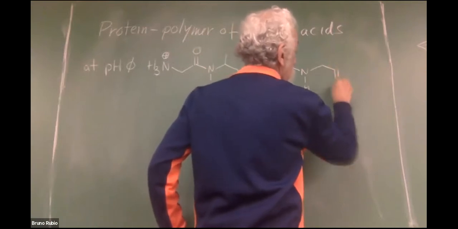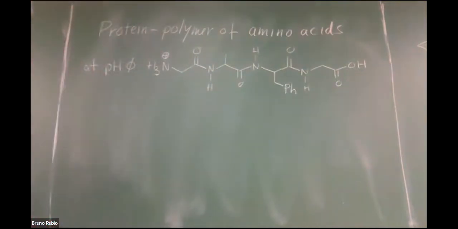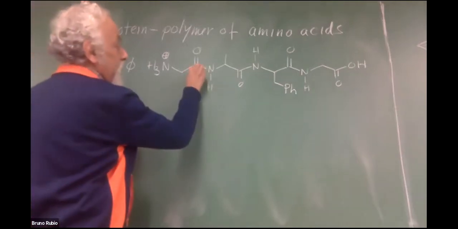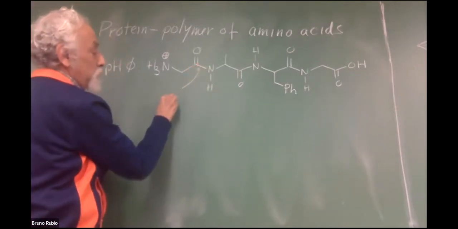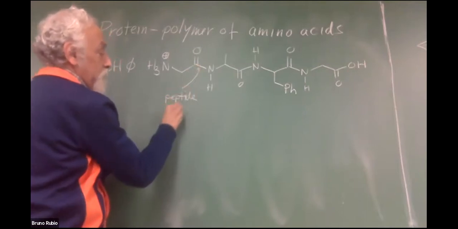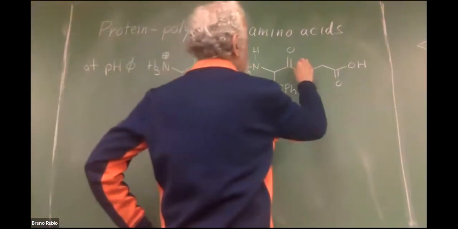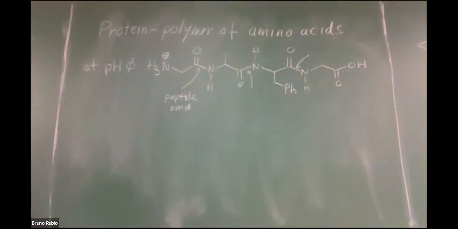And since I want to look at this at pH 0, okay. So there's an example of an amino acid. This guy, that's the peptide bond. That's the peptide bond. So is this one. So is this one. So the protein is a polymer of amino acids, and it's hung together with